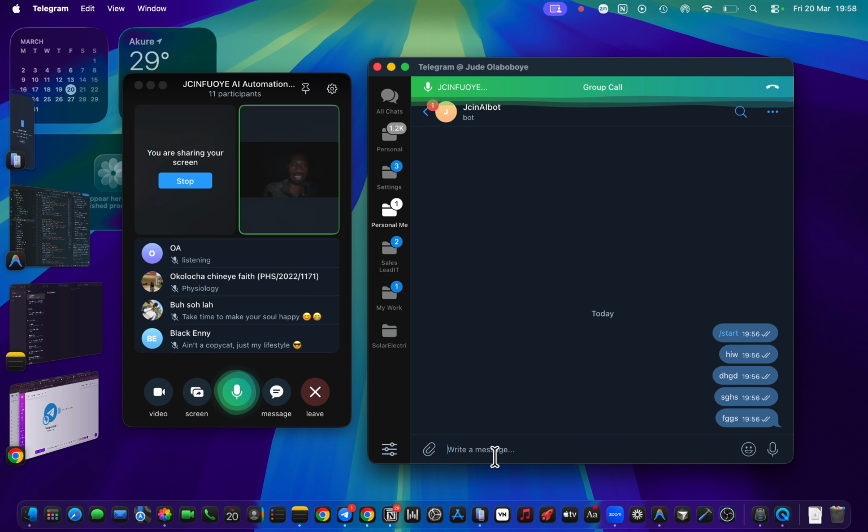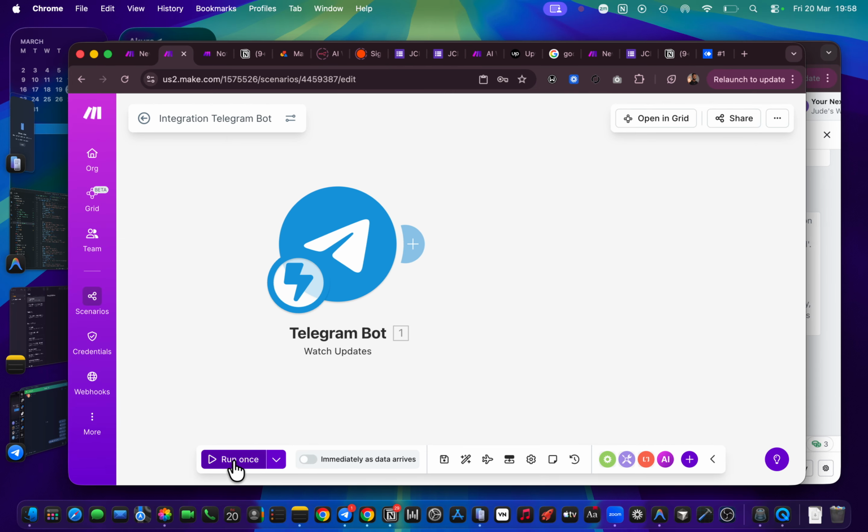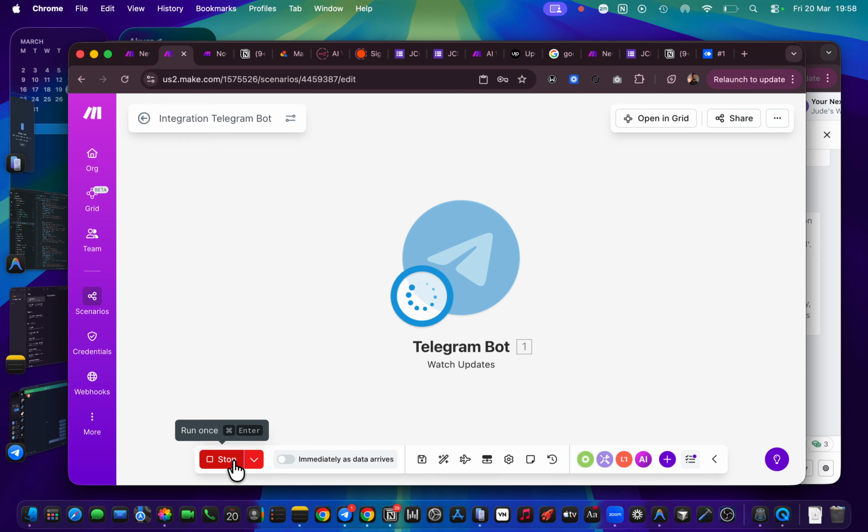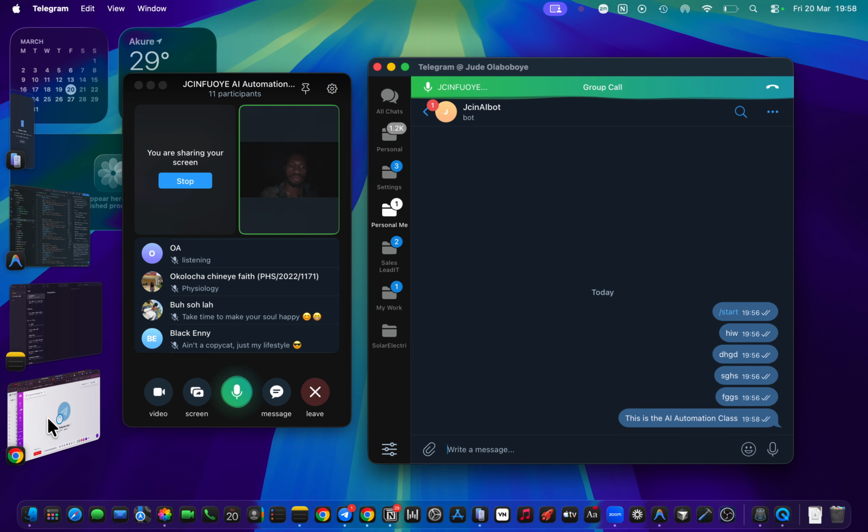Okay, you know what? Let's say this is the AI automation class. So when we do that, we try to run once. You guys are familiar with this already. Run once. It's meant to get the message now, or does it get every other message I sent here too?